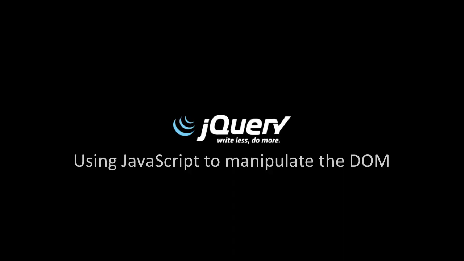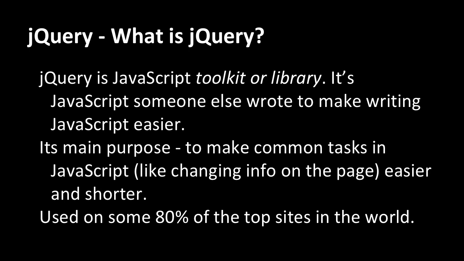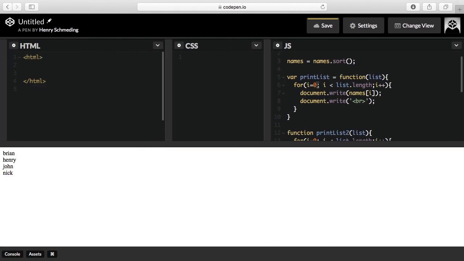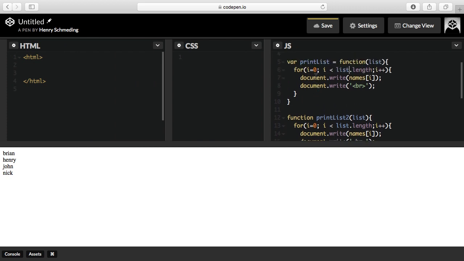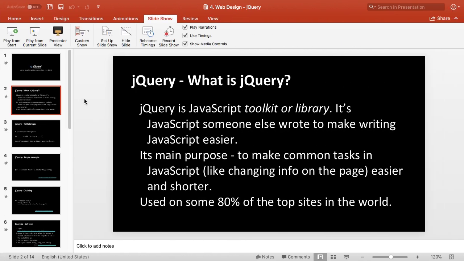What jQuery does, it lets you manipulate the DOM, the document object model, the actual HTML, a lot easier than using straight up JavaScript. Because when we were doing our JavaScript before, to write out to the output, we had to do this document.write, which is essentially appending text to the HTML document. Most times we don't want to just append text to the document. We want to probably add it into a specific tag that we had in mind or a section of the HTML structure, and jQuery helps us do that